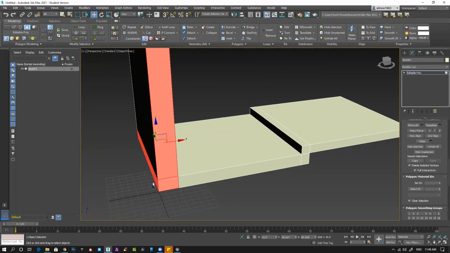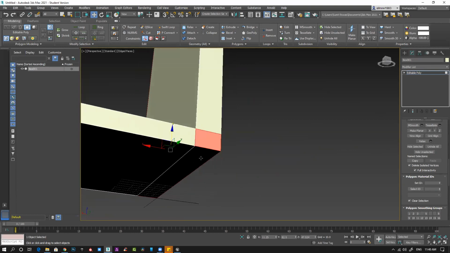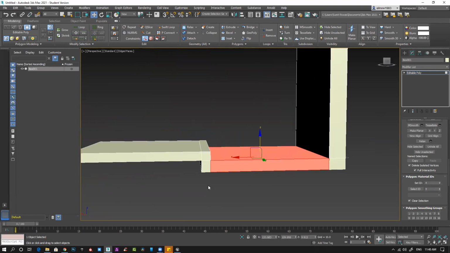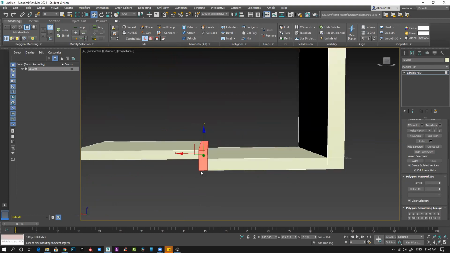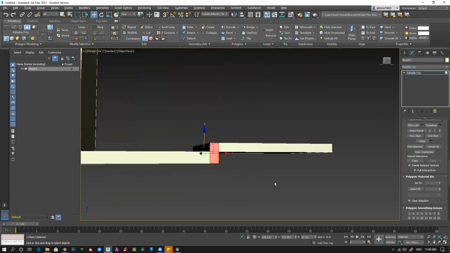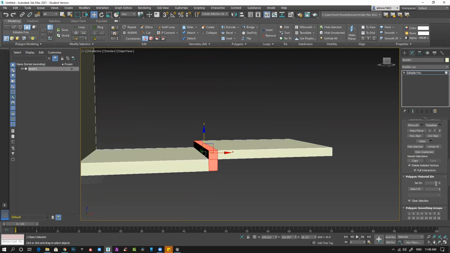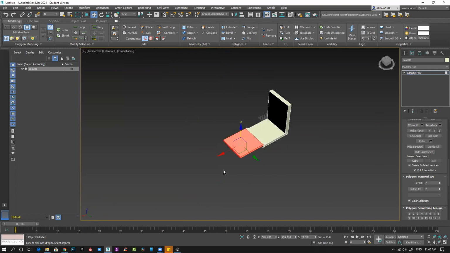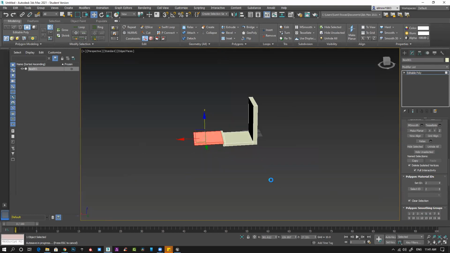And this was 1. Let's keep it 1 only. This is 4. Okay, nice. This is my 3. This can also be 3. That part is not visible, and this is maybe 2. So I have selected them and applied multiple material IDs.